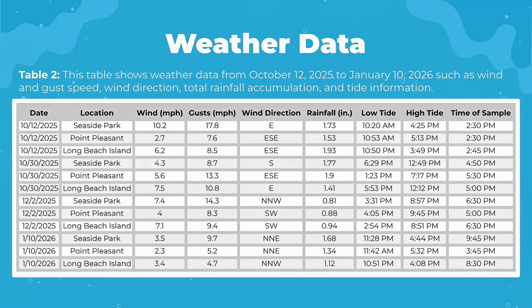And here's our weather data that we collected. You can see that when we collected our peak salinity values on October 12, 2025, with values ranging from 26 parts per thousand to 31 parts per thousand, that was during a period of heavy rainfall with an average of 1.73 inches. Additionally, December 12 was the day with the lowest average rainfall of 0.88 inches, and the samples we collected all had a salinity of 0 parts per thousand.